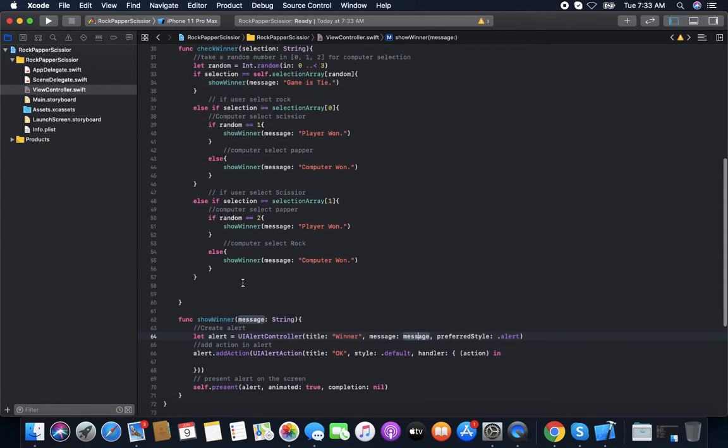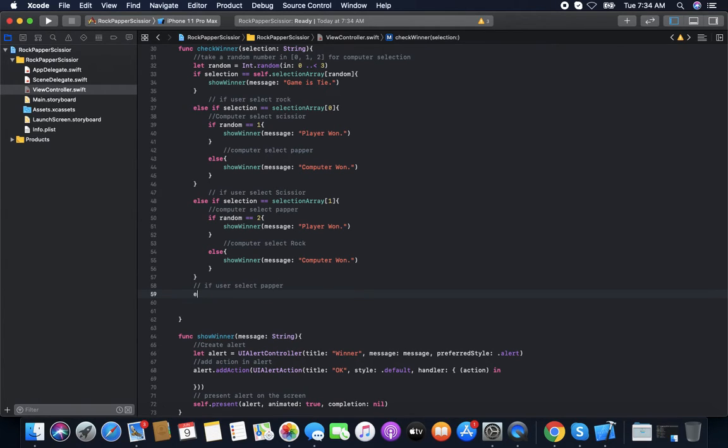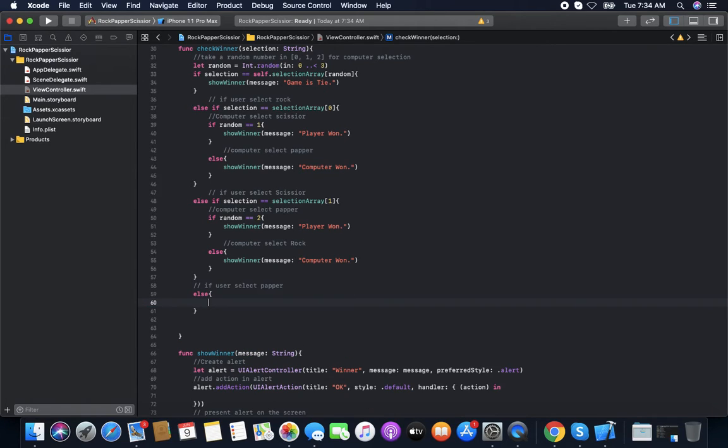Now third condition, if user select paper. So we only need to write else here.